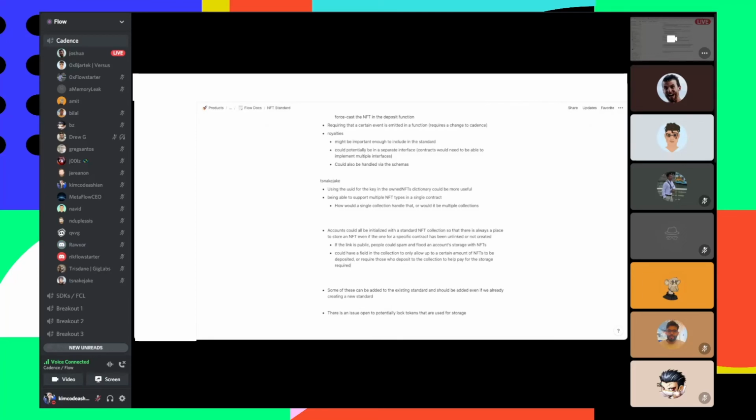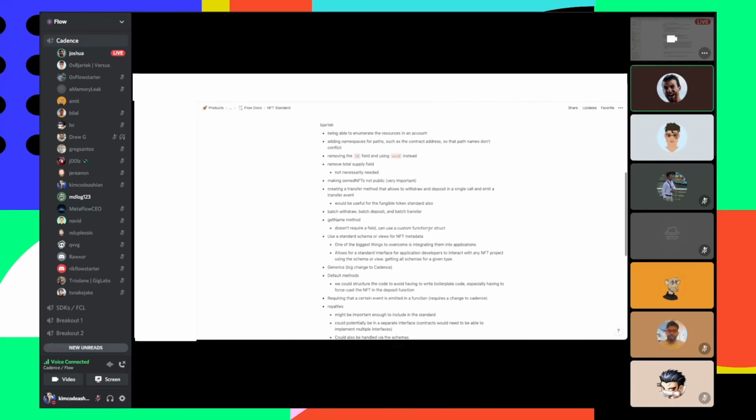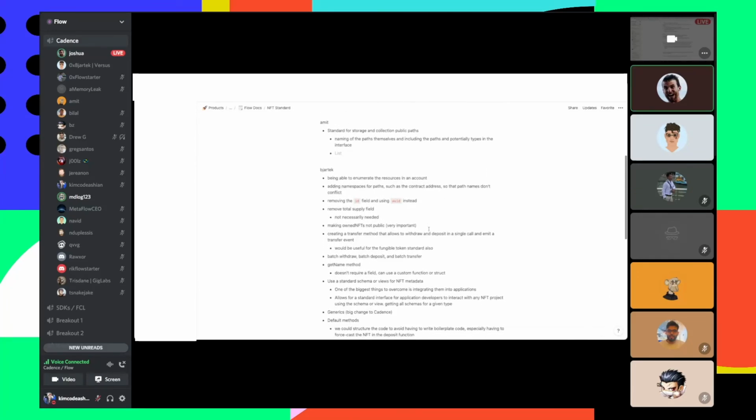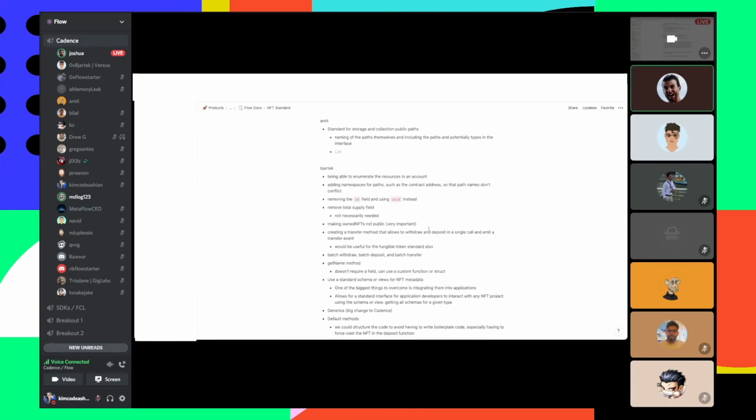If we decided today, as a community and as the Flow team, that we were going to commit to making this standard and releasing it as soon as possible, I'd say, not with all of these features, since the generics and some of the new features in Cadence would probably take a while, but assuming we had all of these features already implemented in Cadence, we could probably do this in